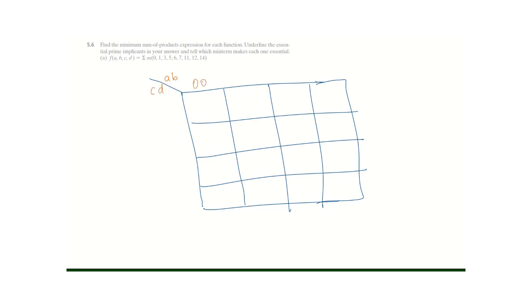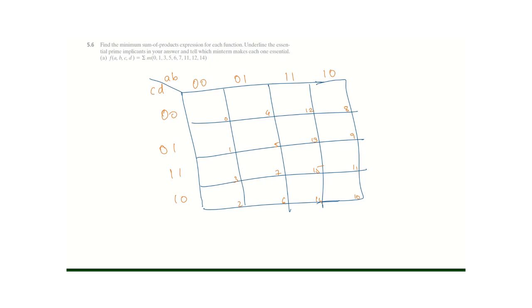So this would be 0, 0, 0, 1, 1, 1, 1, 0, 0, 0, 0, 1, 1, 1, 1, 0. So I like to name the cells, so I'll make this 0, 1, 2, 3, 4, 5, 6, 7, 8, 9, 10, 11, 12, 13, 14, 15. Okay,